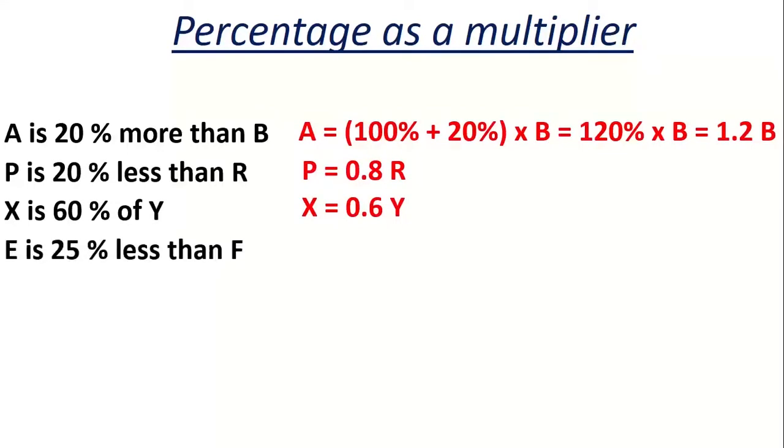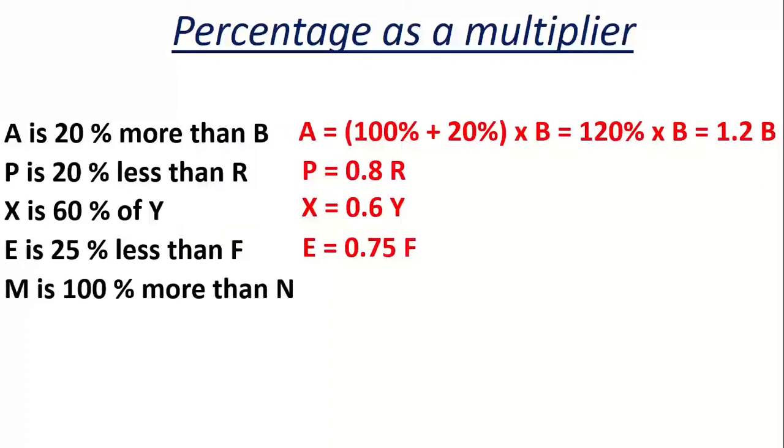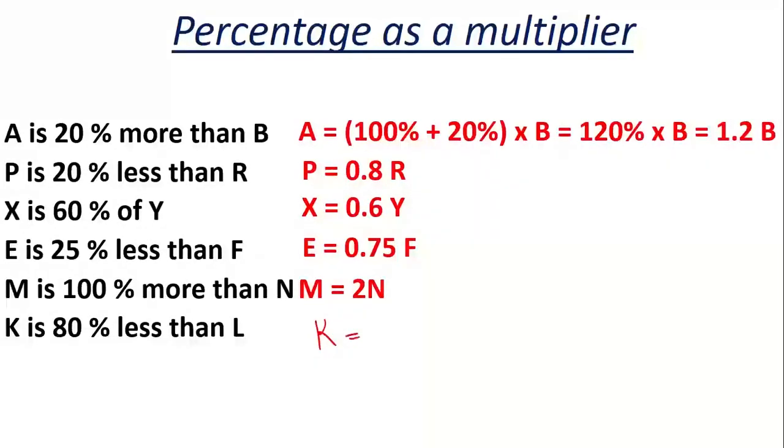E is 25% less than F, similar to this example. So E is nothing but 0.75 multiplied by F, and this is the multiplying factor. M is 100% more than N, so M is equal to 100% plus 100%, that is M is 200% of N, which is nothing but M is equal to 2N. So you have to remember these multiplying factors as well. K is 80% less than N, so I can write directly K is 0.2 into